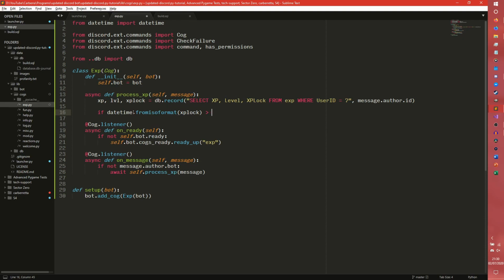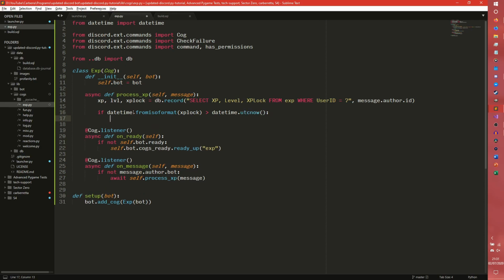And we are going to say if that is greater than datetime.utcnow, then they are viable to be earning XP. So we then need to add the XP. So we're going to say await self dot add XP, self message. We don't need to pass self. Why do I keep doing that? XP